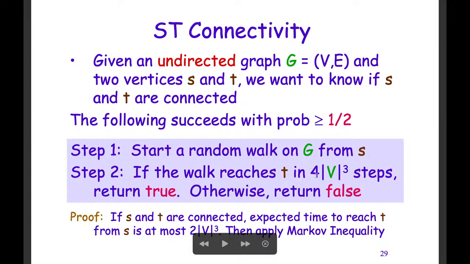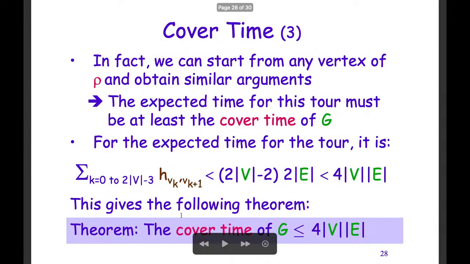So if this 4 turns to, let's say, 100. So 100 times v cubed, you can think of this as you have 25 batches of 4v cubed. So in that case, the chance that we are not succeeding will be at most 1 over 2 to the power 25. So the chance that we are succeeding will be at least 1 minus 1 over 2 to the 25. Okay, so here, this is the case that we can use the analysis result here, the Markov chain